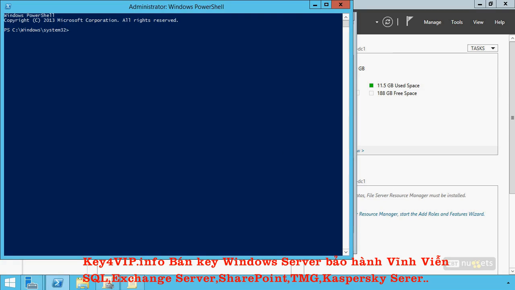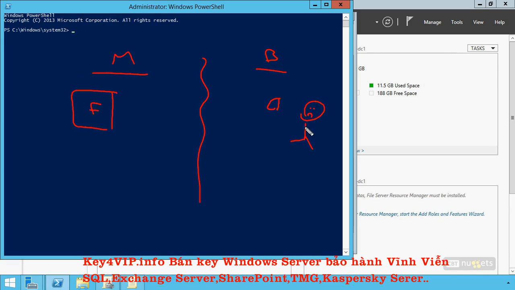Let me draw again. So in my world, my lovely little world here, where I've got the main office and the branch office, I've got this file server here that everybody's looking for, and I've got my unhappy people over here because they're with no arms. Let me give them arms, with their desktop. Well, when I attempt to put perhaps a hosted file server over here, when I install that file